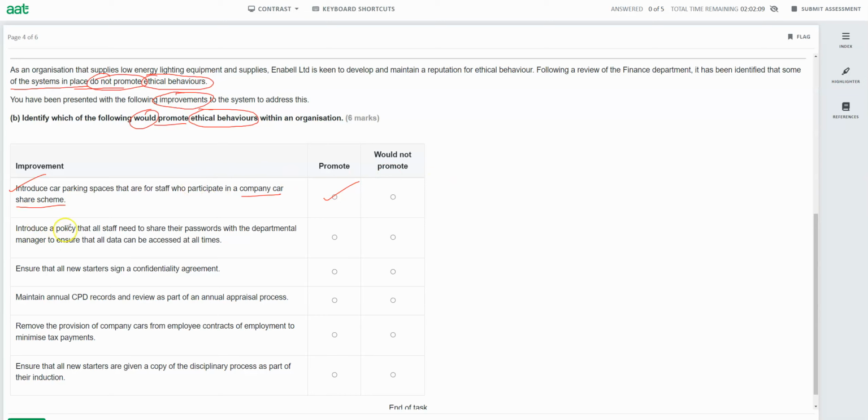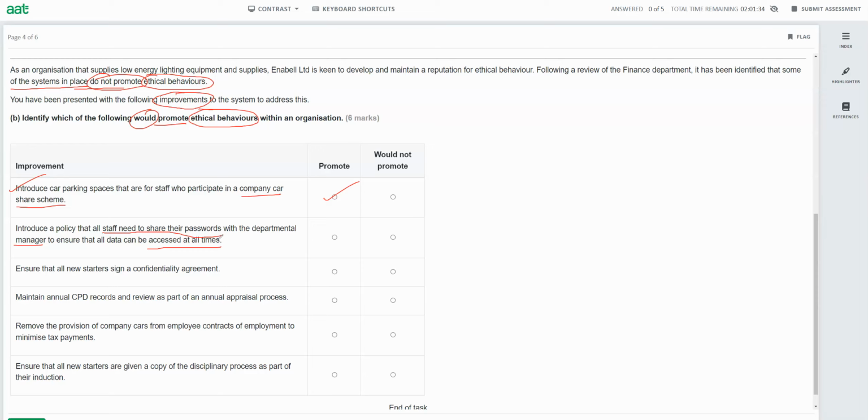The next one says: introduce a policy that all staff need to share their password. That will definitely not promote it, because all staff need to share their password with the departmental manager to ensure that all data can be accessed at all times. So they will not be comfortable, and it is not an ethical policy, because the departmental manager will have access to all the confidential data of everyone, and maybe it is not the right way to deal with that,